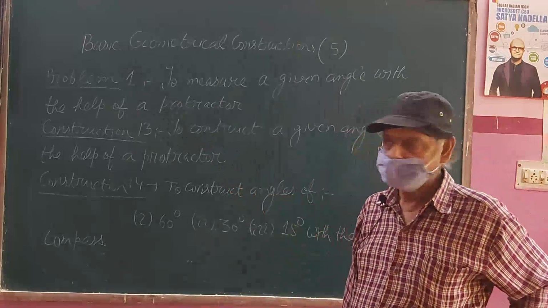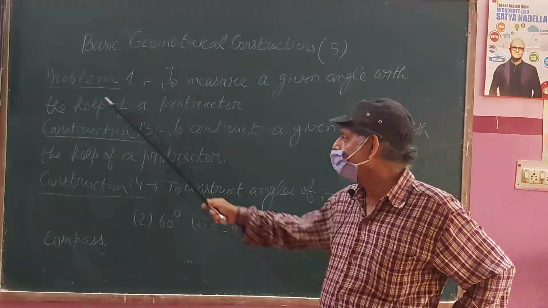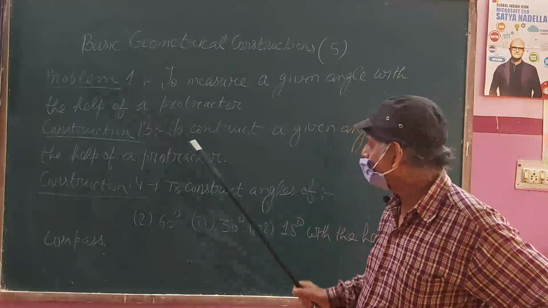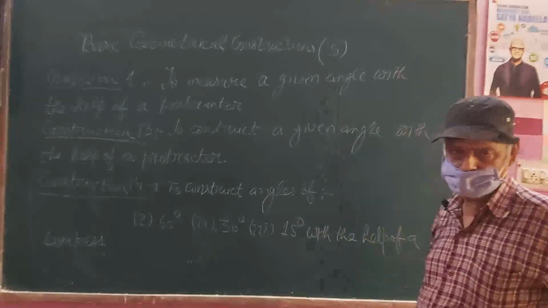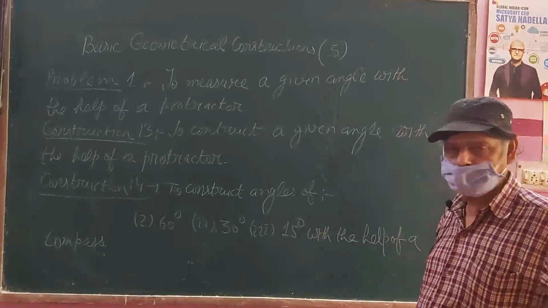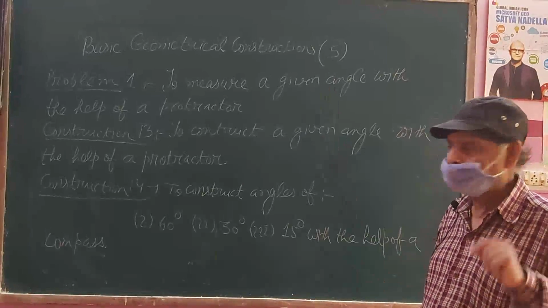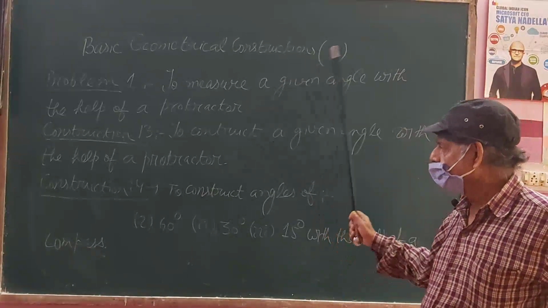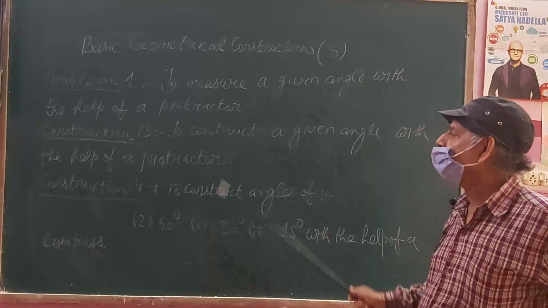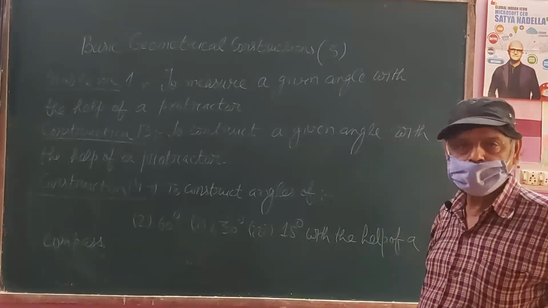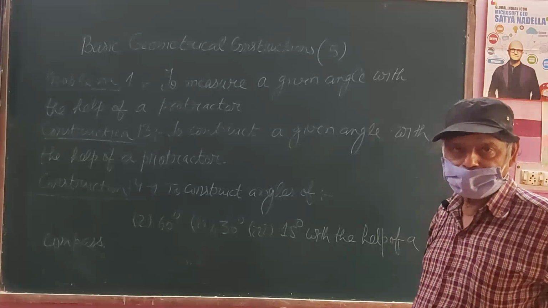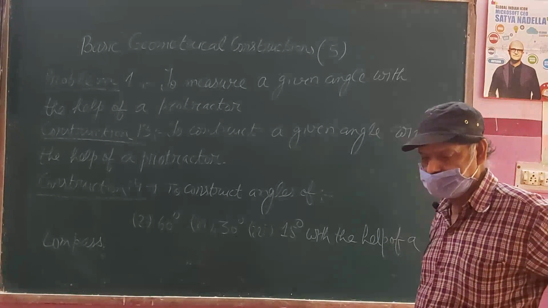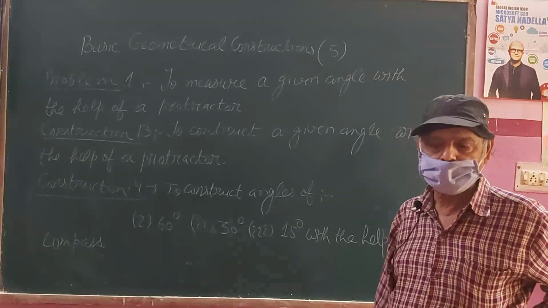But the first one is not a geometrical construction. This is a problem. The problem is that if you are given an angle, it may be acute or obtuse. How will you be able to measure it with the help of a protractor? You have to measure the angle with the help of the protractor. The angle may be acute, obtuse, right or reflex; any angle you should be able to measure with the help of